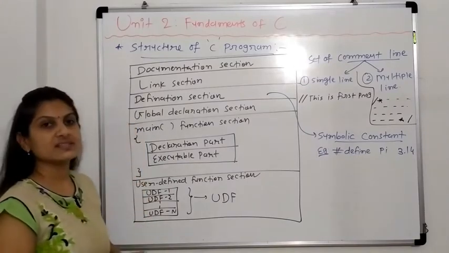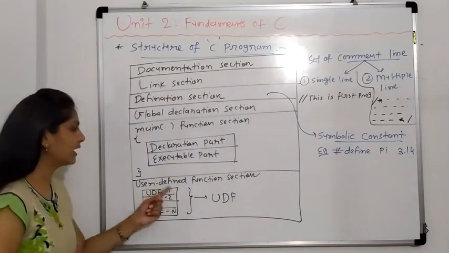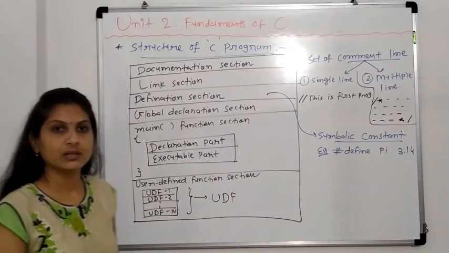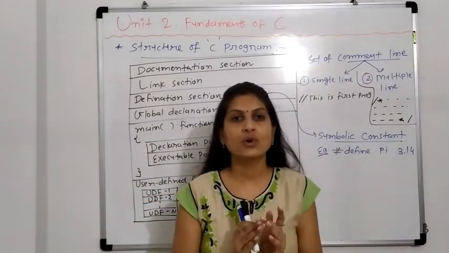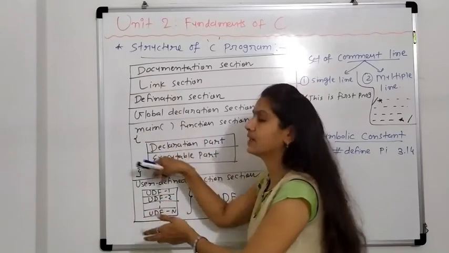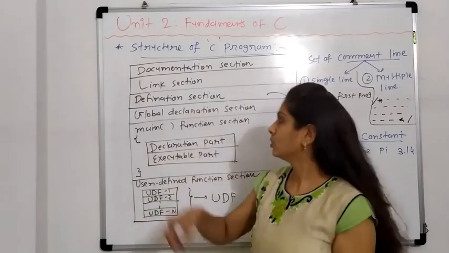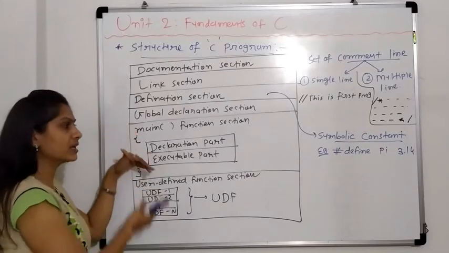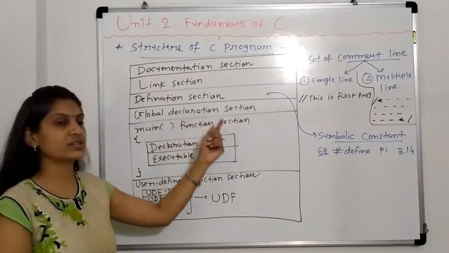In a global declaration section, we can declare global variables. Also, we can declare user-defined functions. Now, what is the meaning of global and local? Local means inside a particular area. That is called local. Suppose my variable is declared in this part only, then it becomes local for that particular part. And global means outside of the part, that is called global. So the variable which we need, not in one particular part but in the whole program, we can write in the global area, that is global declaration section.